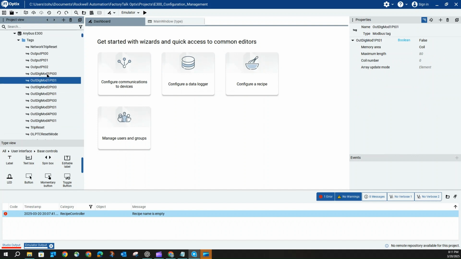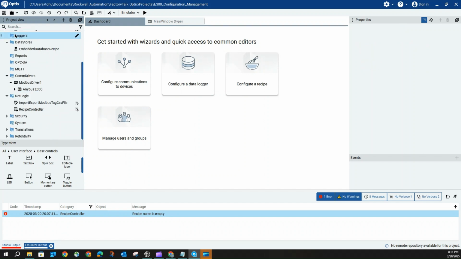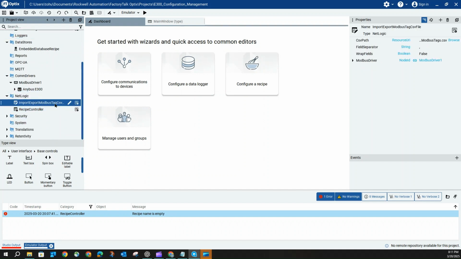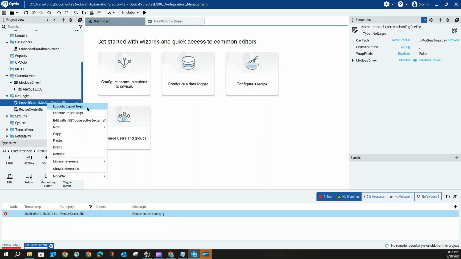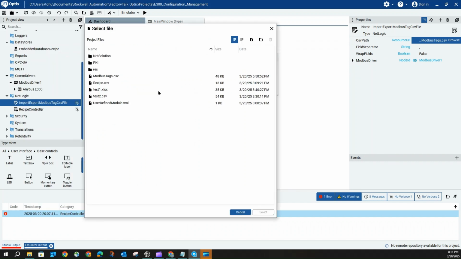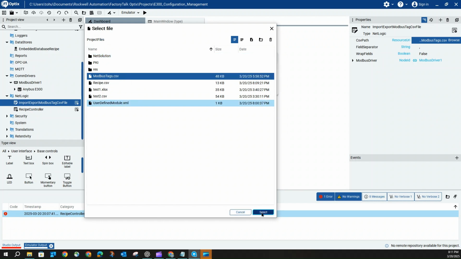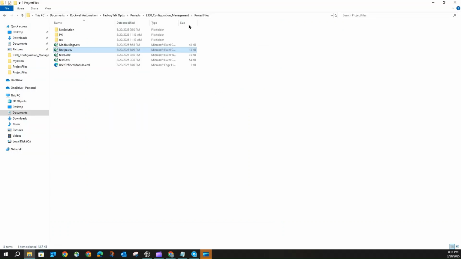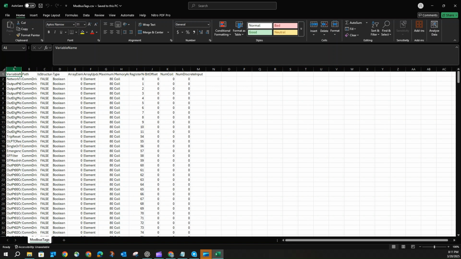So if we wanted to change it, you can do it. There's a Modbus TCP module here where you can execute export tag and import tag, and then you make sure it's linked to the right one. It's actually in the project folder. It's called Modbus tag.csv. Select. So this is actually here. So this one allows you to